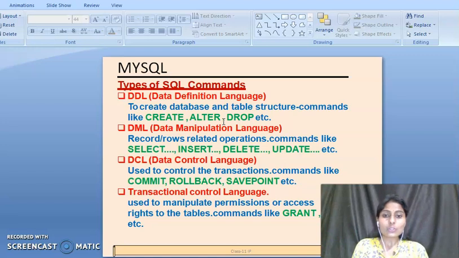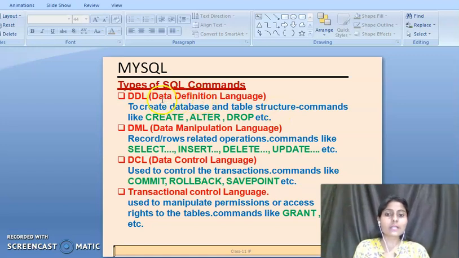To create a database or a table, or to delete a database or update a table, we have to use some commands, just like the create command, alter command and drop command. All these commands come in the category of data definition language, because these commands are related to the structure of the database or the structure of the table.